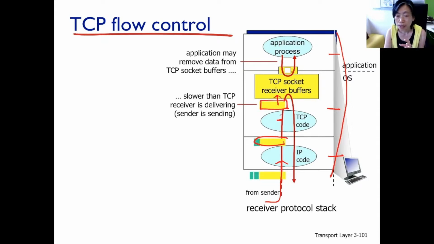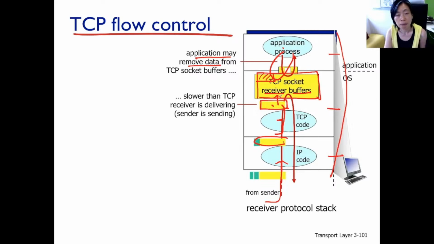What's going on really in the implementation in the operating system is this. That data does not go directly to the application layer process. There's this place here called the receiver buffer. So the packet being extracted is actually temporarily stored here, waiting for the application layer process to fetch it. The application layer process is going to remove data from the receiver buffer, just like the TCP receiver here is going to push more data into the receiver buffer.